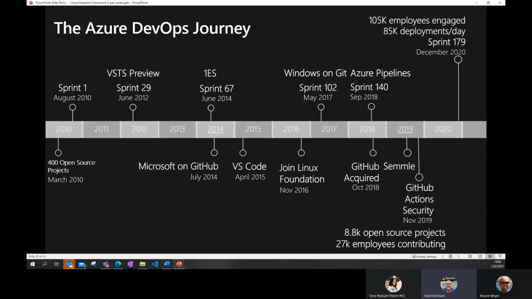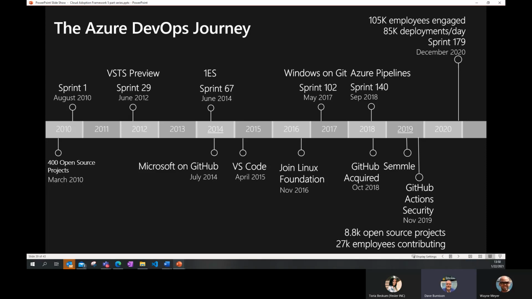Plus, with the evolution of cloud native applications and software as a service, in 2012 we had the Visual Studio Team Services preview. So we said, we can actually deploy this on the cloud and you just sign up for it as a service. Then we were able to really pick up momentum, because we could take all that maintenance away from the users. We would deploy updates automatically. And that was a big step in our journey.